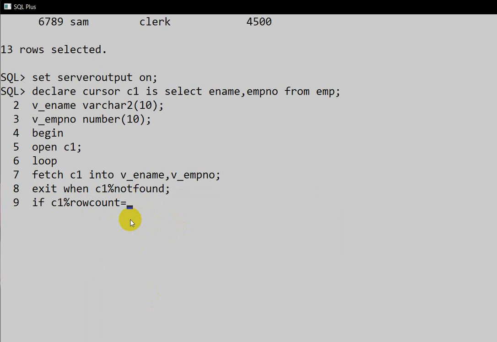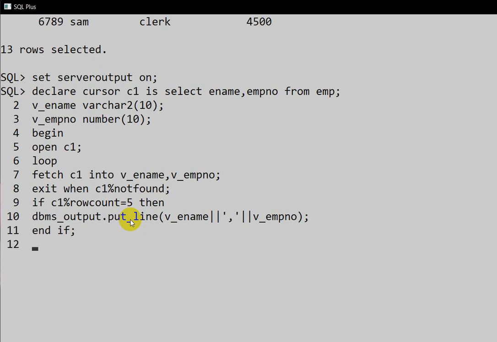So if C1 %ROWCOUNT equal to 5, then we need to print DBMS_OUTPUT.PUT_LINE variable employee name concatenated with comma, concatenated with variable employee number, employee name and employee number, and end of the if block, and end of the loop, end loop. And let us close the cursor, close C1, and end of the execution block and slash for executing.